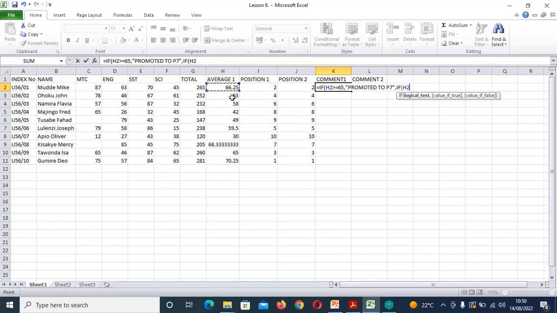So if this very cell is greater or equal to 50, because there they are telling us that 50 and above, comma, then the comment now comes, open your quotes, repeat P6. And close the quotes, comma, another IF, open bracket. We are still basing on this very cell. If it's containing what is below 50,